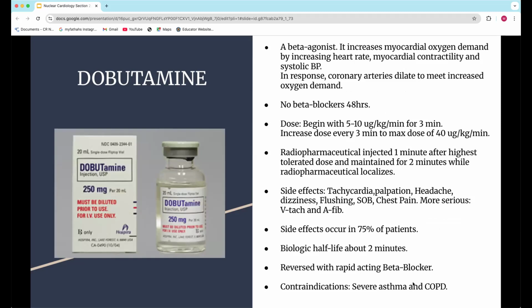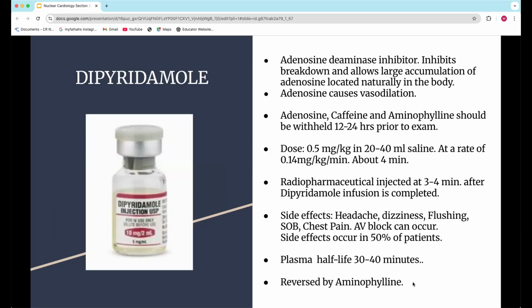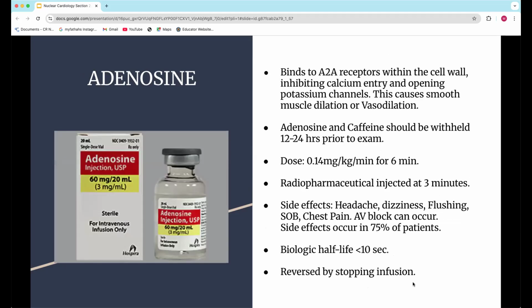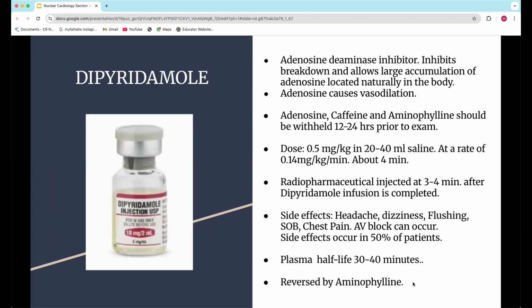Okay, next one is dobutamine. I have a lot of patients who will ask when I'm giving them stress medication, they'll say, so is this the stuff that just makes my heart rate race, right? And as you can tell, for both dipyridamole and adenosine, they'll probably get increased heart rate, right? Because you get that vasodilation. When you dilate, blood pressure goes down. The body responds by increasing the heart rate and getting blood flow to that low blood pressure. So it's a funny way to have to answer your patients, because yes, we increase heart rate with most of these. However,